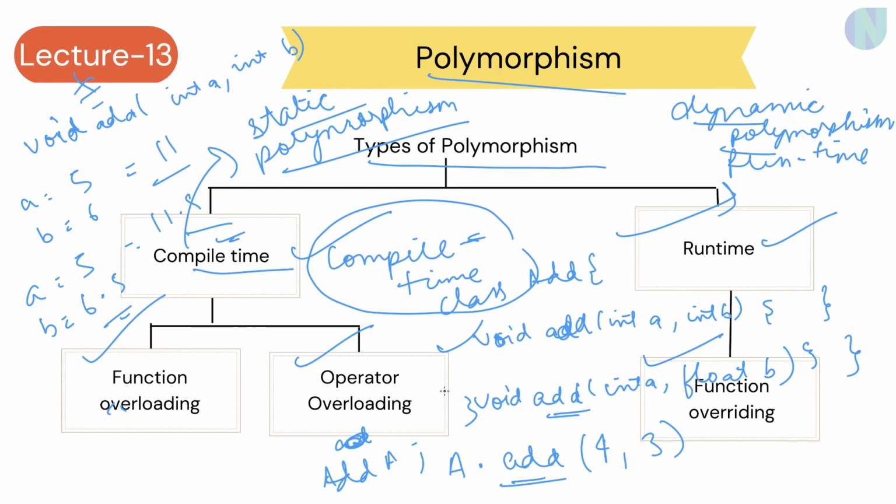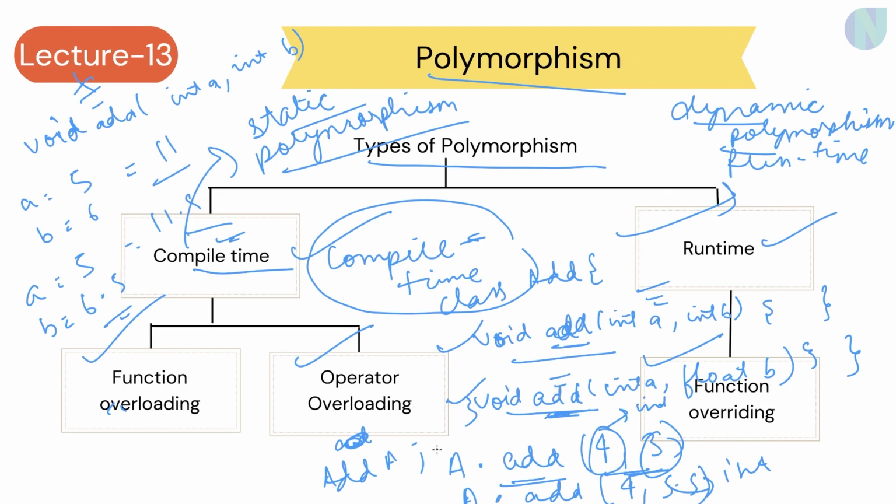How would the compiler decide which one is supposed to be called, this particular add method or this particular add method? So the compiler would have a look at the parameters which are being passed. Since this is of int type, this is also of int type, so this particular add method would be called. So basically they both have the same names. So as you can see, polymorphism, many forms. So the same object when called with a.add 4 and 5.5, it will call this particular method. So the same object is exhibiting many forms. So this is called polymorphism.